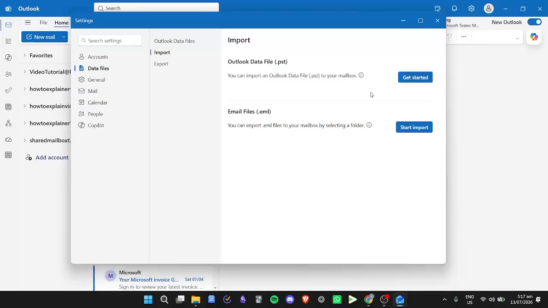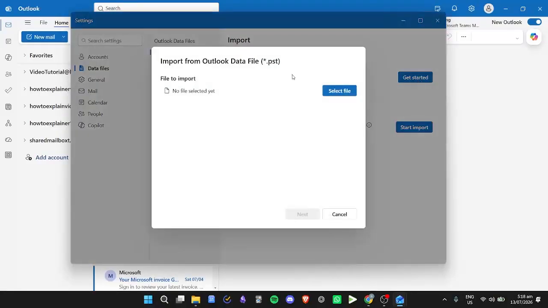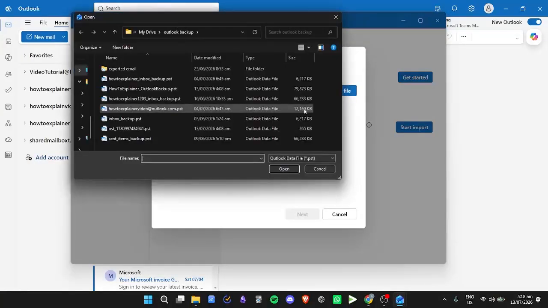And then as you could see right here, Outlook data file.dat. And if you're wondering what PST files are, they're basically like a backup of your Outlook account. So for example, it has an offline copy of all your emails in your inbox. So from here, you can add that as a local backup account right here in your Outlook application. So from here, click Get Started,